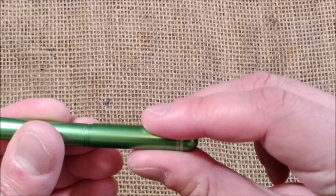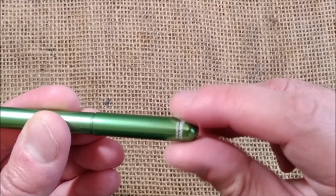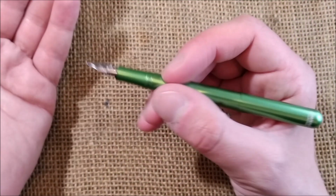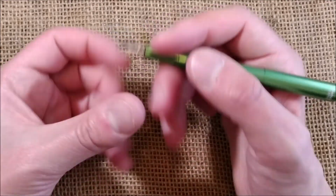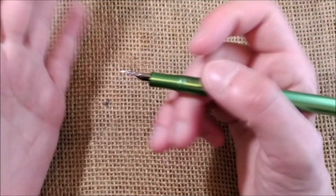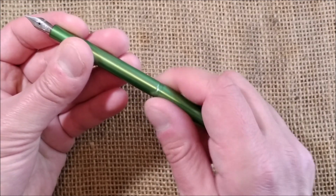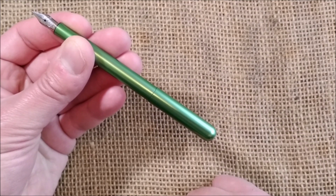If you put it like this, so 1 turn, 2 turns, 3 turns, and more than 3 turns and a half to post. So this is one characteristic that some people don't like that much, because if you are just trying to write a short and quick note, this pen is not that good because you need to screw it a lot to get it properly